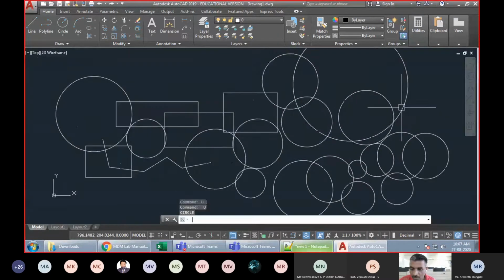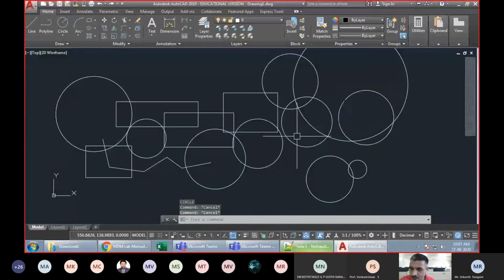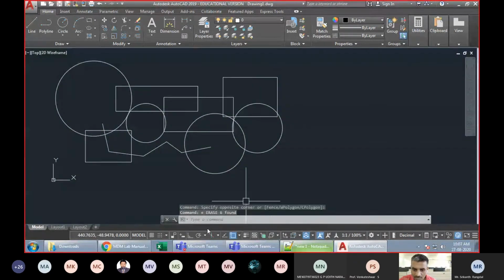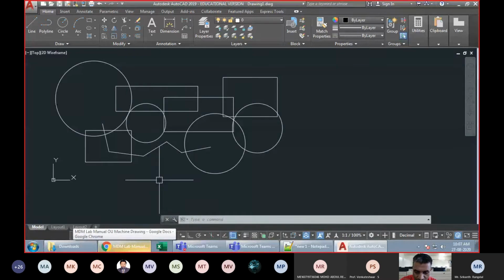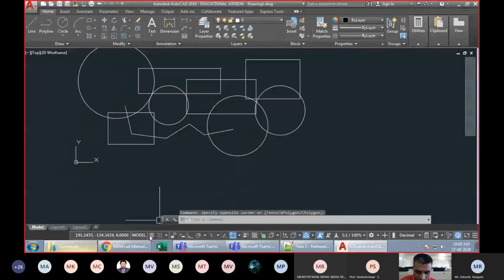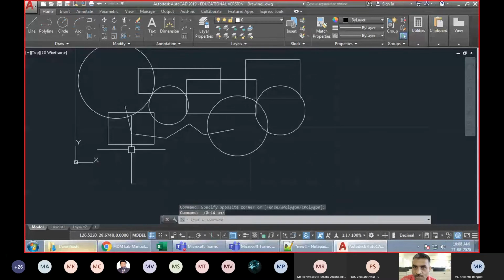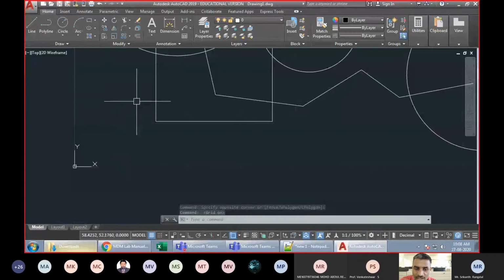And so coming to the drawing aids, there are some basic options which will help you in drawing. That's why they are called aids. Aid means help, and drawing aid means the options which help you in drawing. Fine. So there are some options here. I'll just start with the basic ones. In the beginning, you see there is a grid option. So grid option, what it does is it will put a graph in the background.